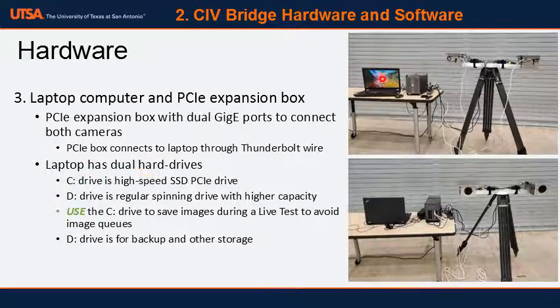The laptop provided here also has dual hard drives, a C drive and a D drive. The C drive is an SSD drive, while the D drive is a standard spinning drive. The C drive is recommended for saving images during a live test to avoid any image queuing. These cameras will max out two GigE connections going into the laptop, so the hard drive has to keep up. That is why it's highly recommended to save images during a test on the SSD drive. Then the D drive can